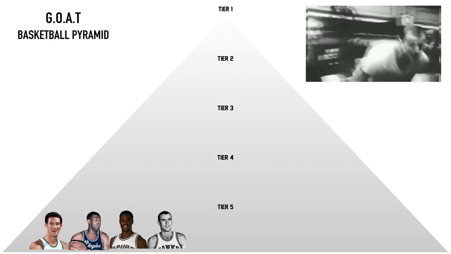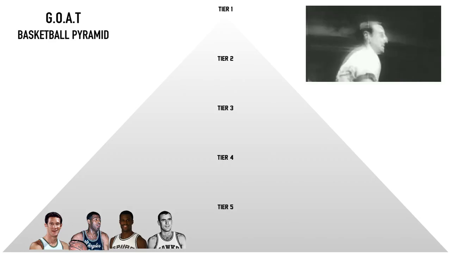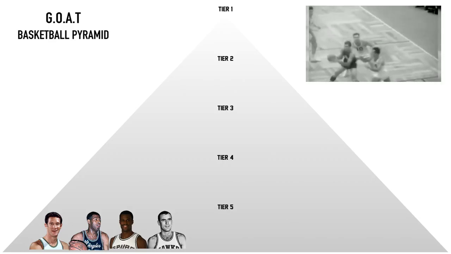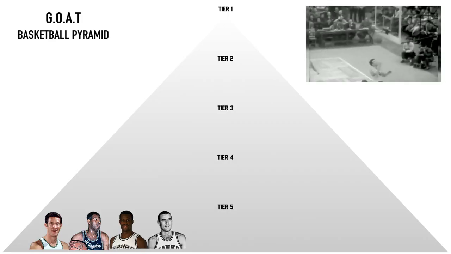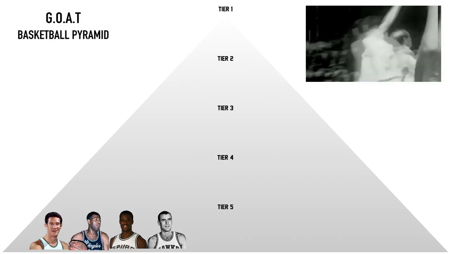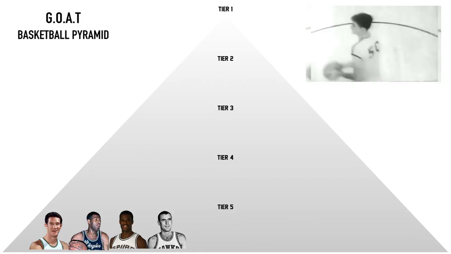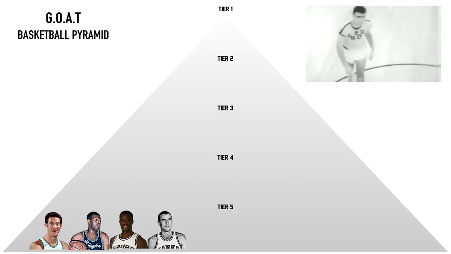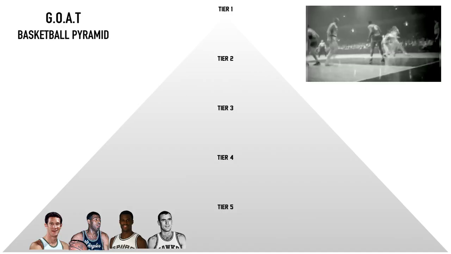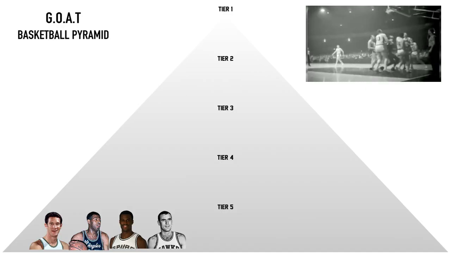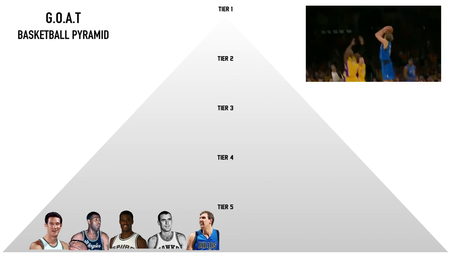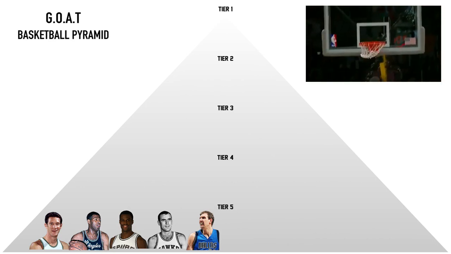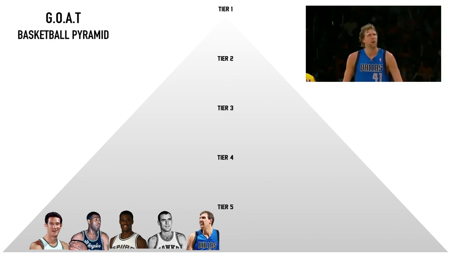Next is Bob Pettit, another player that doesn't get the recognition he deserves, was part of the team that handed Bill Russell and the Celtics their only finals loss during that 60s dynasty. So here's something pretty crazy for those who aren't too familiar with Pettit. His career averages are 26 and 16 a game. The next player on tier 5 is Dirk Nowitzki, a player that has earned the respect of NBA fans around the globe throughout his 21-year career. Definitely one of the best foreign players of all time.